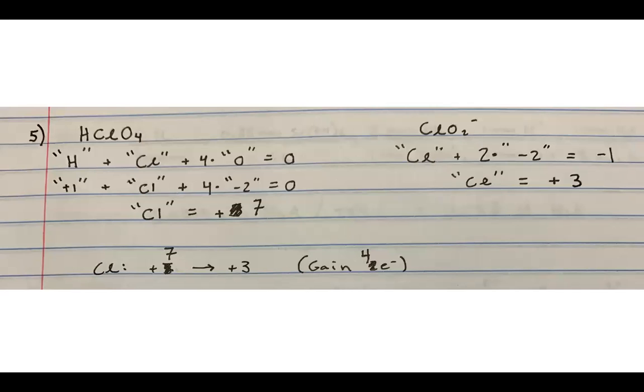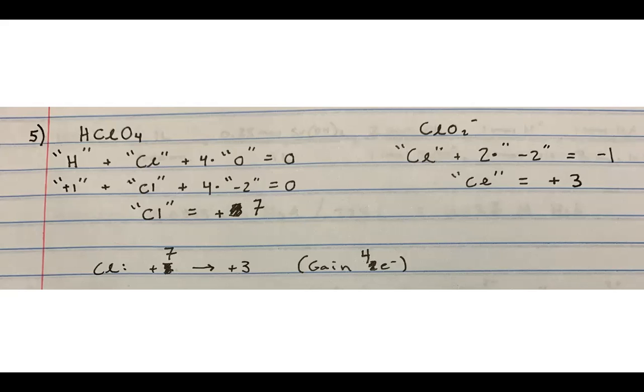And so when we look at HClO4, right, that is a neutral molecule, meaning the sum of the oxidation numbers needs to add up to 0. And so hydrogen almost always has an oxidation number of +1. Oxygen almost always has an oxidation number of -2. And so when we go through this math, we can find that chlorine should have had an oxidation number of +7 when it was perchloric acid,